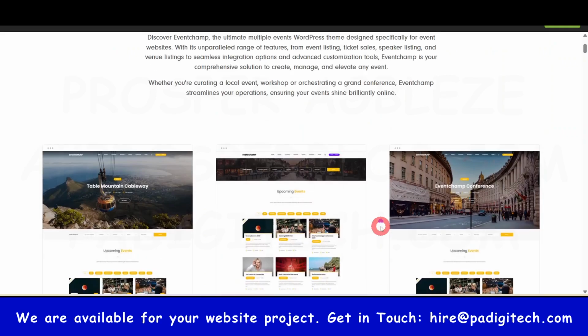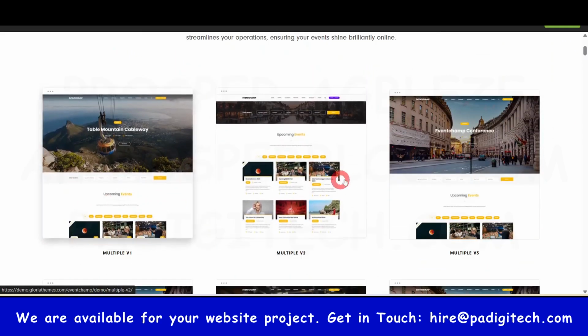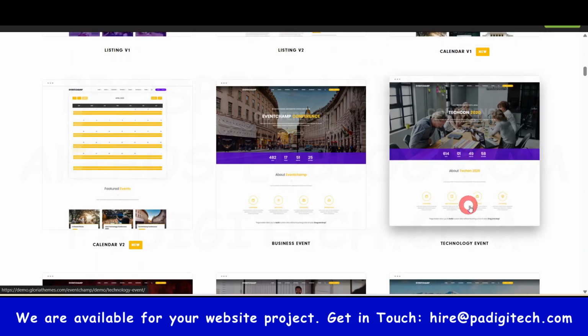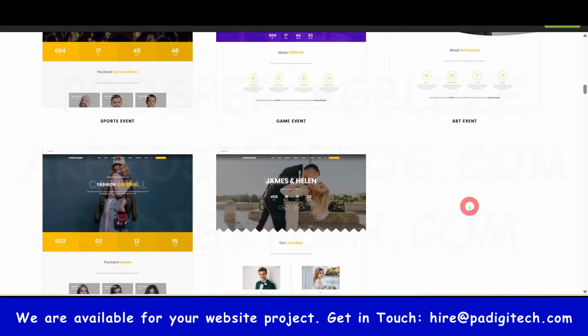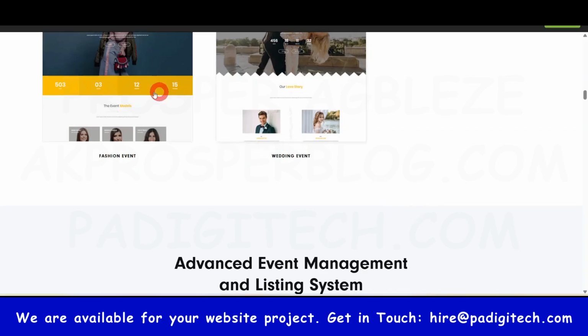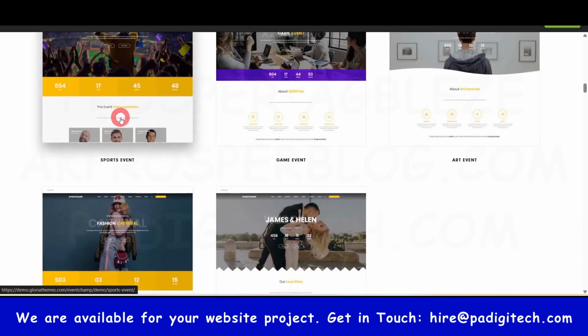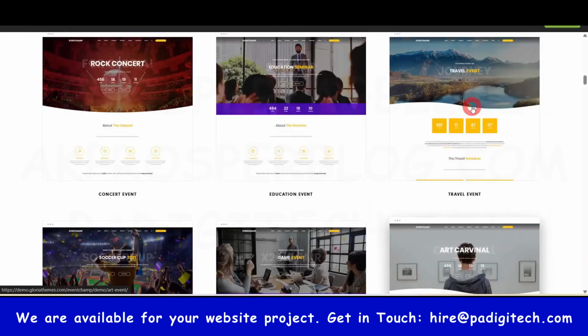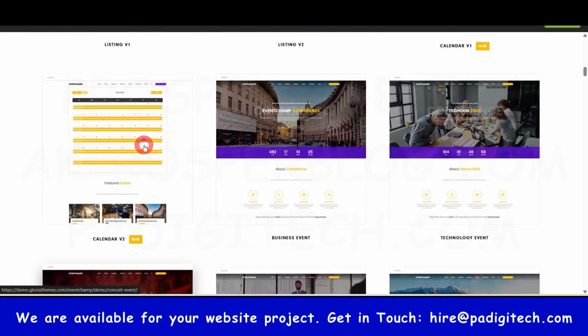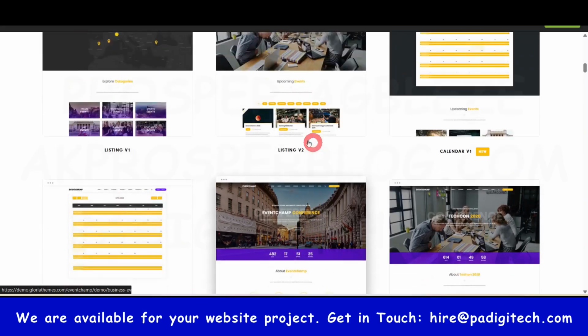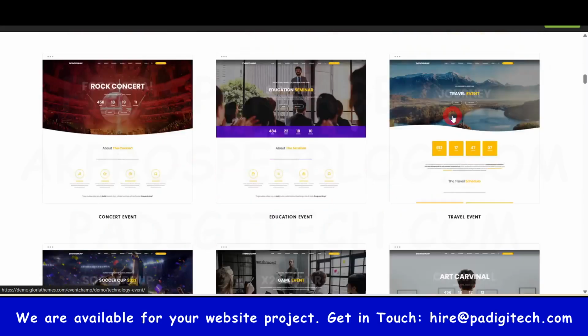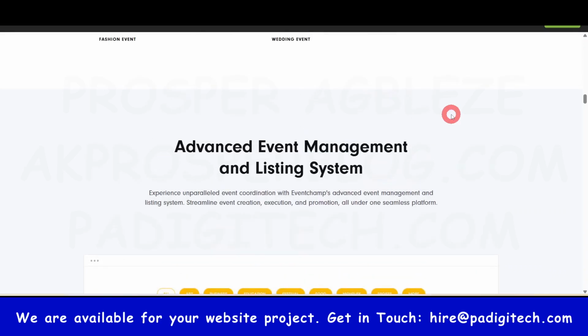It also comes with its own set of demos. So these are all the demos right here. I think that's 1, 2, 3, 4, 5, 6, 6 times 3, 18, 19, 20. That's about 20 demos across different events: game events, sports events, arts events, travel, education events, concerts, calendar, different formats, different layouts that you can actually choose from to create your events